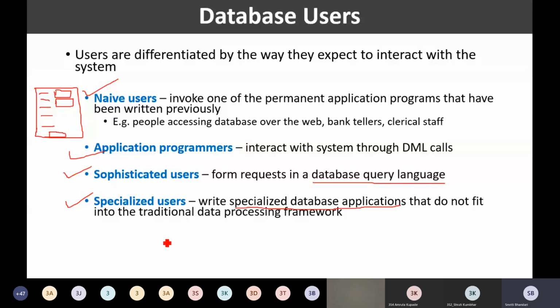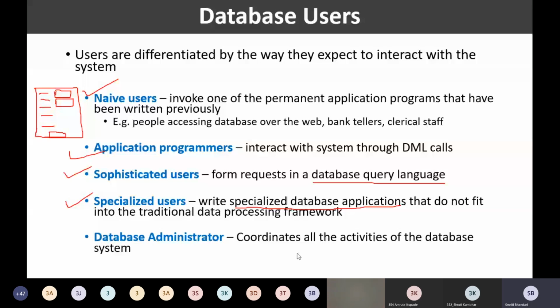And finally, we have the database administrators. So who are the database administrators? The database administrators are actually coordinating each and every activity of the database system. So these database administrators have the entire control of the database system.